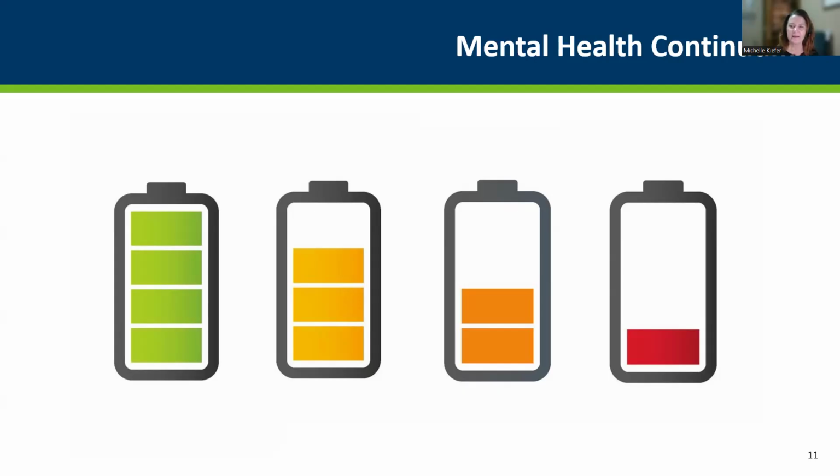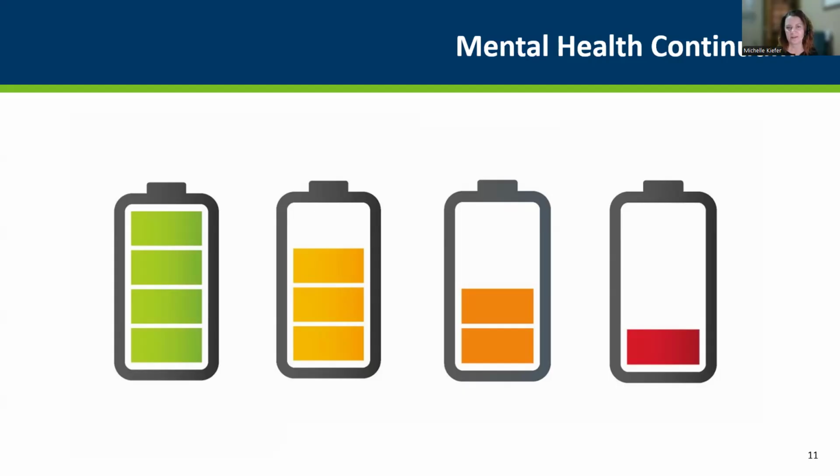So by indicating whether or not your battery is full and all the bars are green, we're feeling good. Everything is perfect, as perfect can be, quote unquote, and it means that we're in good condition. And as the battery gets lower, then a person's mental health can become less and less and require a charge, require it to get plugged in. And when we get down into the red zone, that's a critical area,